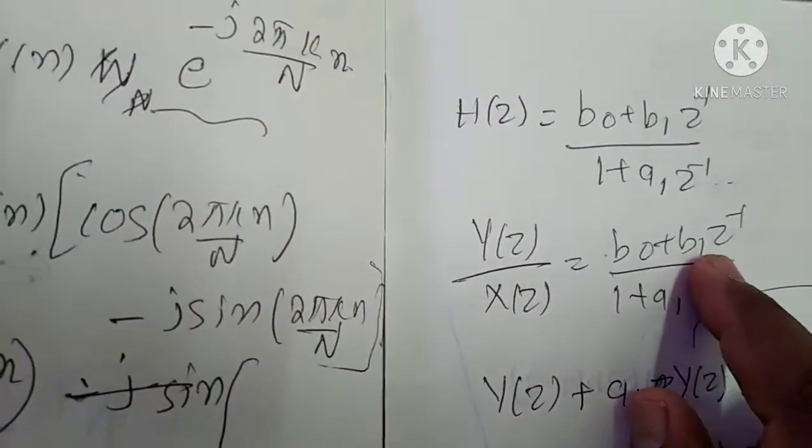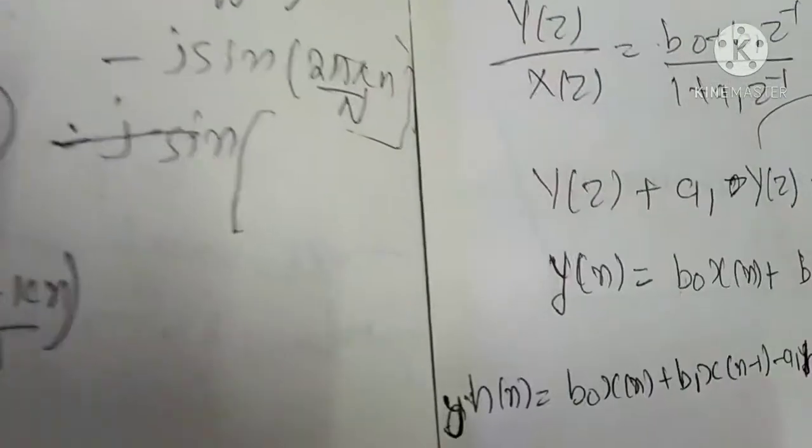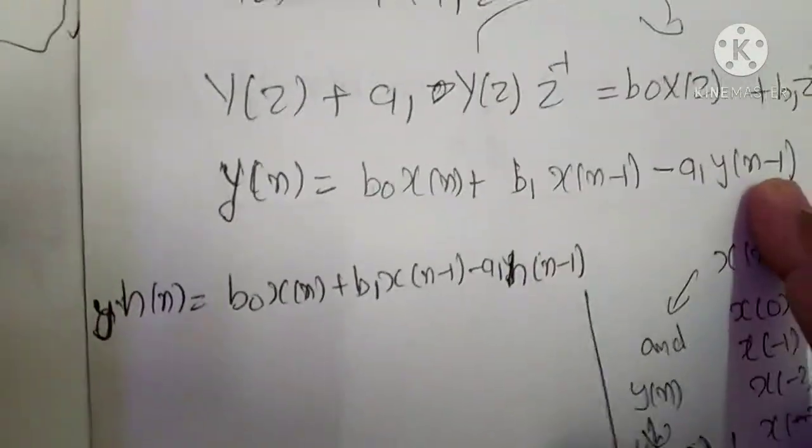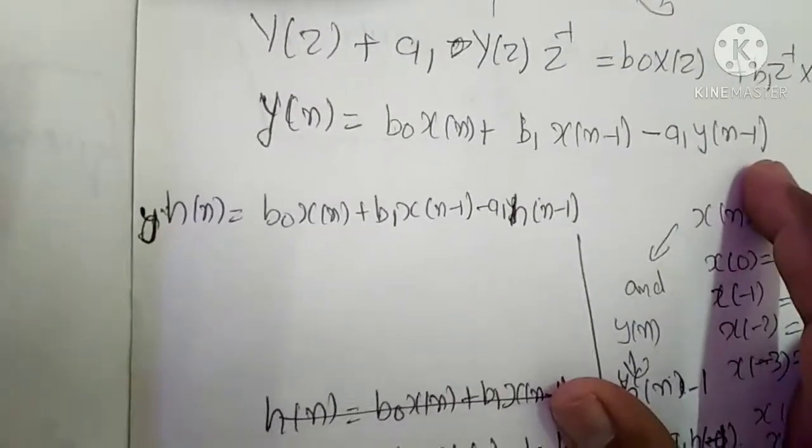One thing you can observe is that here the order of the given expression is 1. Why is the order of the expression 1? Because we have only one z value. So in the equation we can tell the order is 1 because we have minus 1 only. If minus 2 is there, then it indicates order 2.